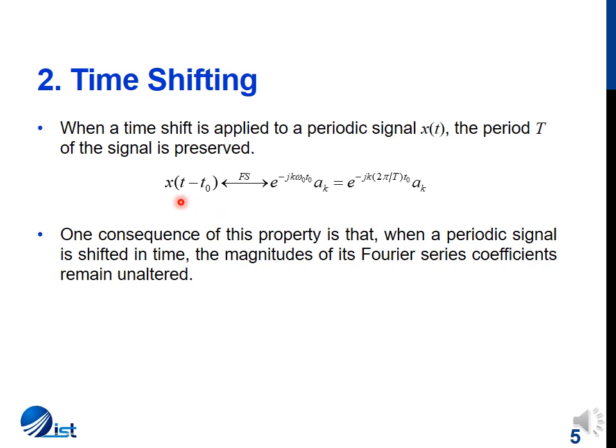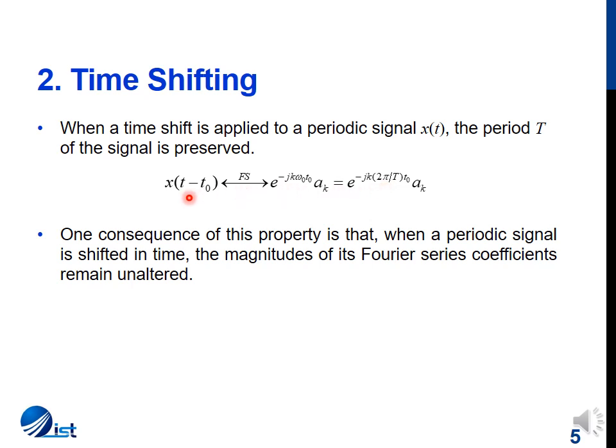So let's say that you shift a signal by an amount equal to t0. The Fourier series coefficients will be as a result multiplied by the exponential e^(-jk omega naught t0), where t0 is the amount of shift you have given to the signal, and this factor is a phase factor. So the magnitude of Fourier series coefficients does not change, because if you delay or advance a signal, the frequency content of the signal does not change. There is just a phase part which is added to the signal. So only the phase term will change.